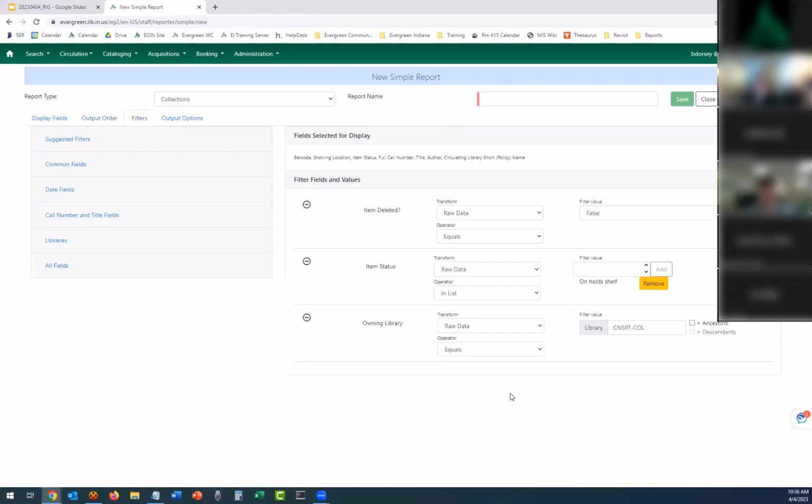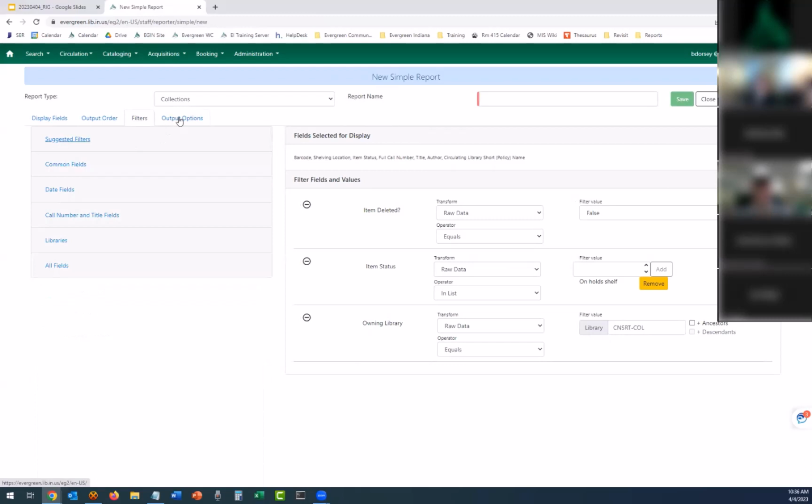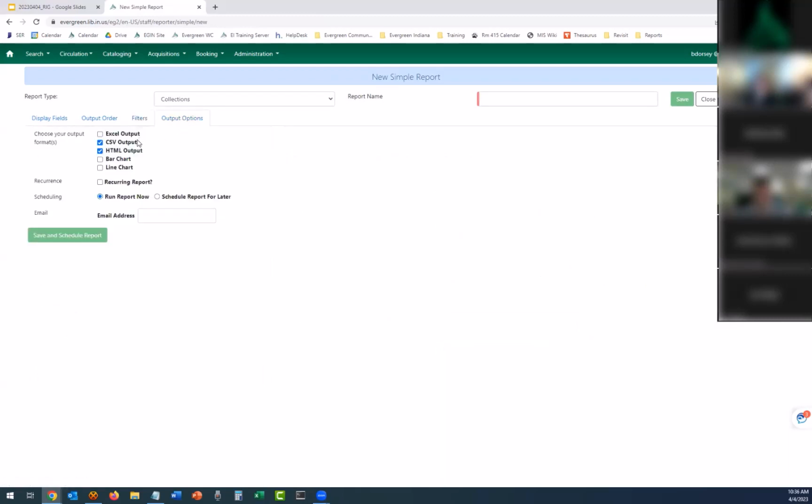Okay, so let me think if there are other filters we need to think about. I don't think so. This should give us good coverage: owning library, item status, and then false for item deleted. I think that's good. Okay, let's go to output options. I'm just going to leave those as is. And this could be something, if you wanted to do it as a recurring report, up to you, but I'm going to add